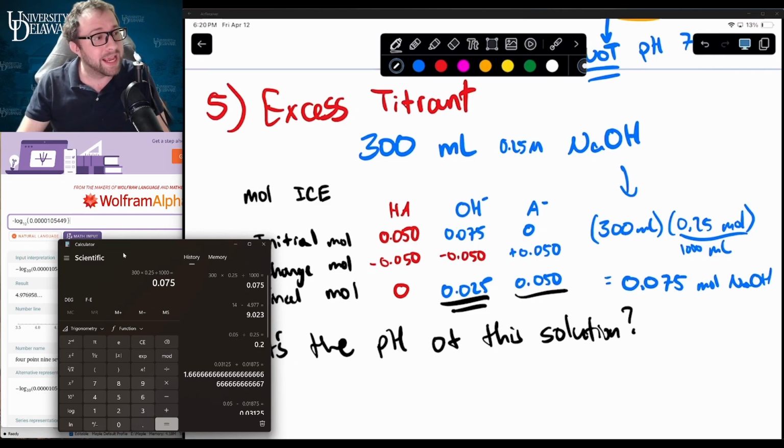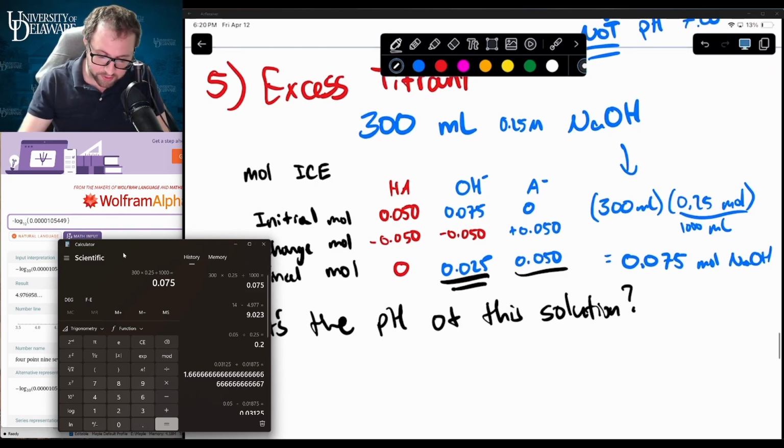Now, is A minus going to pluck protons from the water and produce a little bit of OH minus? Maybe. Is the extent to which it's going to do that affect the concentration of 0.025 OH minus? No, absolutely not, right? Because it's a weak base. So when you have a mixture of a weak base and a strong base, the strong base determines the pH of the solution, right? So we know that our concentration of OH minus here is equal to our excess